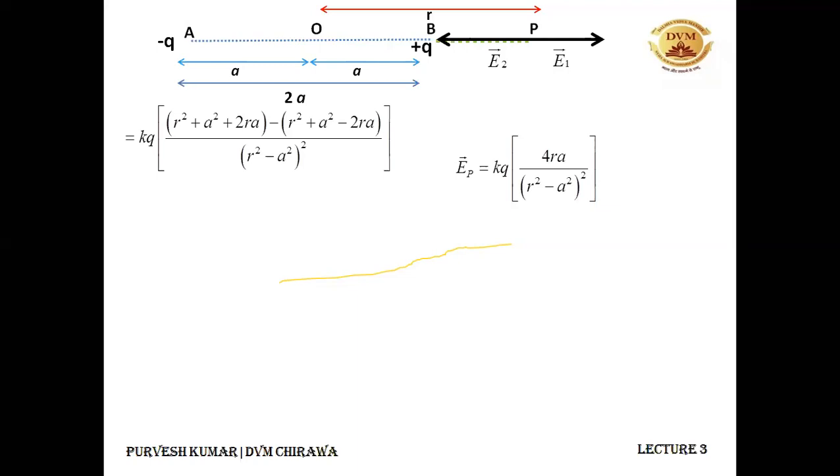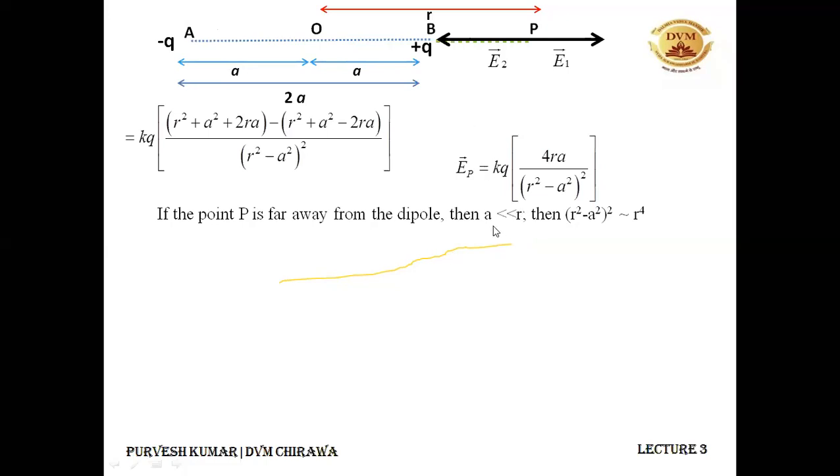Now, one very important quantity that I have asked you to note down was the electric dipole moment. And the value of that electric dipole moment was Q into 2A. One of the charges of the dipole multiplied by the dipole length, that is P. So we will be using it over here. Before that, I can do this: A is very, very less than R. The dipole length is very small because the dipole is a pair of charges separated by a very small distance. That's why this A is very small in comparison to the point of interest R.